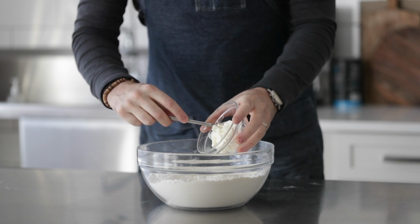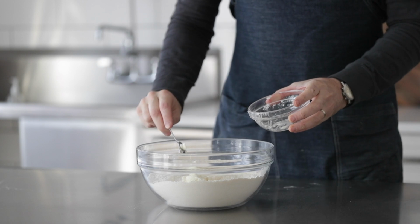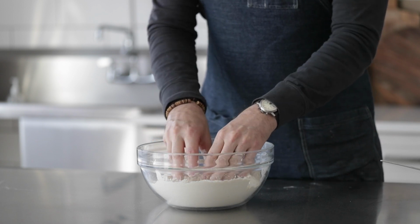Now I've got a 1/4 cup of fat. Make sure to scrape all that goodness in there. This is going to make sure our dough is really nice and tender when it fries up. Got some clean hands. We're going to mix this in there until it's completely incorporated into the flour,